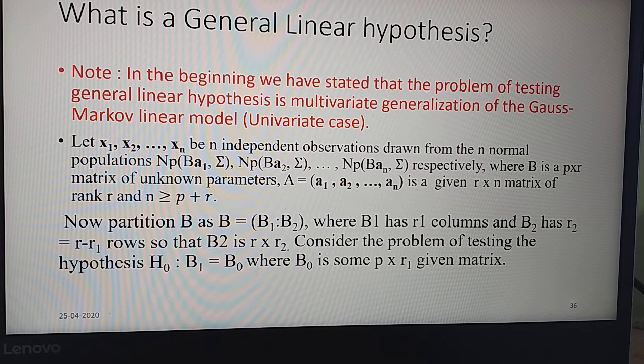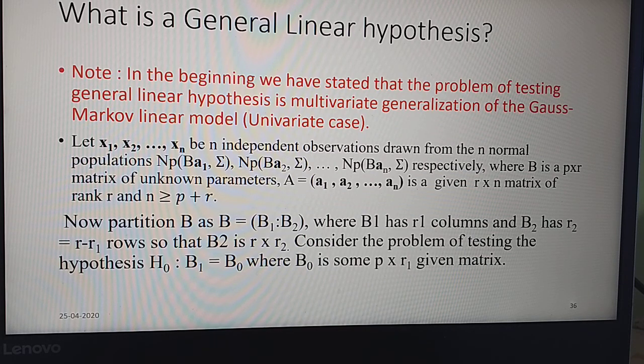The statement here is the same as the statement in the first theorem at the beginning of this chapter. Let x1, x2, ..., xn be n independent observations from the n normal populations N(Ba1, Sigma), N(Ba2, Sigma), and so on, N(Ban, Sigma) respectively, where B is a p by r matrix of unknown parameters. A1, A2, ..., An are the columns of A, which is a given r by n matrix of rank r, and n is greater than or equal to p plus r. Under these assumptions,